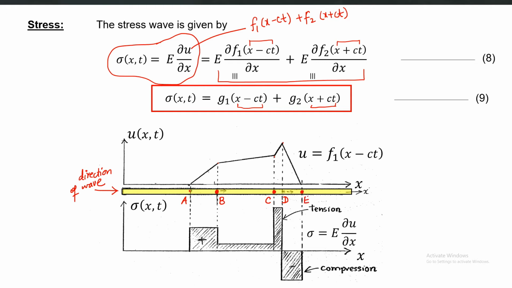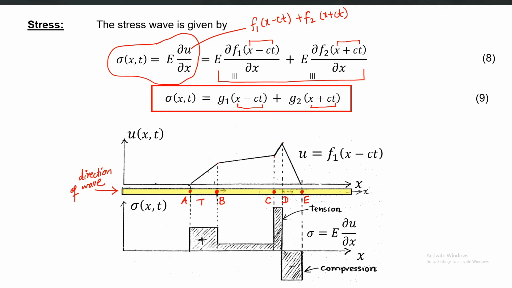E point has a displacement equal to 0, which means it doesn't move, but point D has a positive displacement which reduces to 0. So this portion between D and E, that part of the rod, will be in compression. But AB segment will be in tension because B point is moving rightward relative to point A. So the segment AB is in tension.